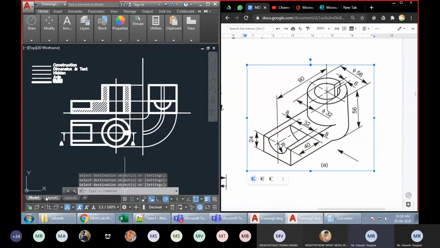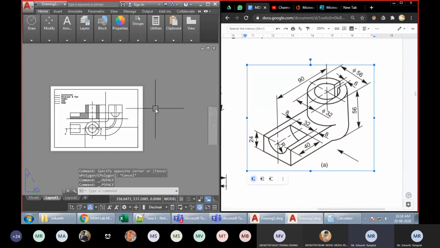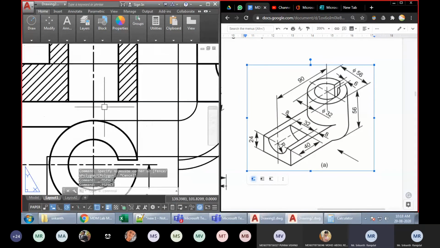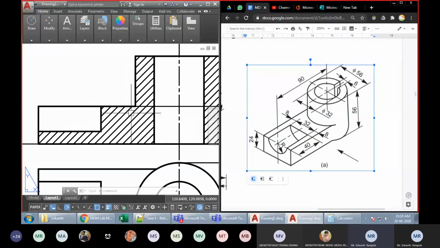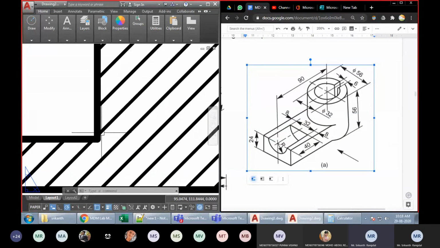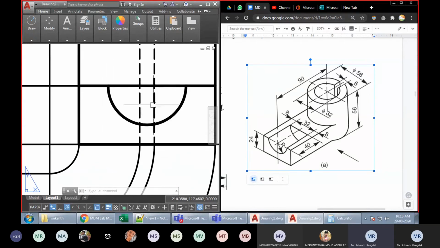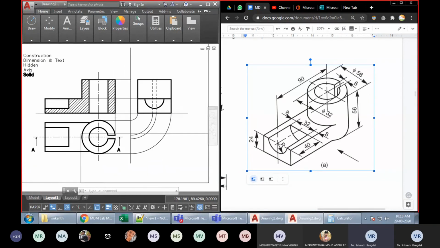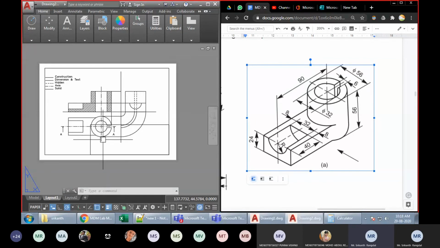Fine. So when we see it in the layout space and when we adjust it correctly, you can see that it is appearing correctly. So these construction lines are appearing thinner when compared to the solid lines. The hatch lines also, you can see they are a bit thinner when compared to the other lines. And okay, this is it. This is how we draw the diagrams in AutoCAD, and we can make it ready for taking the prints.